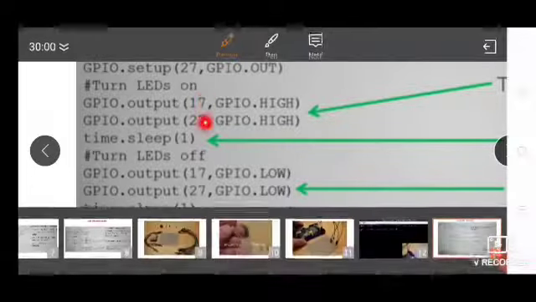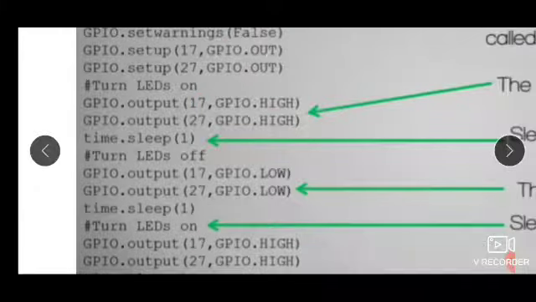Again 17 and 27 are given the value high. When they are high, they should be high for some time. That time is given here. time.sleep means a delay is introduced. time.sleep(1): 1 is the parameter for sleep, which indicates that it should be high for 1 second.